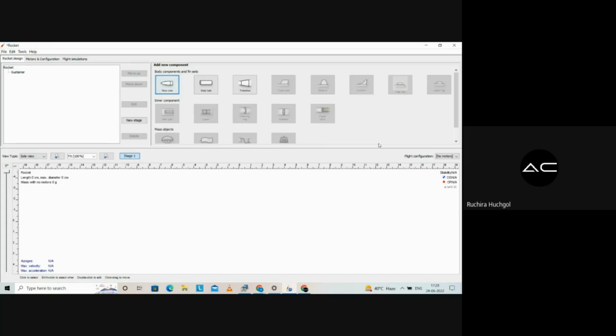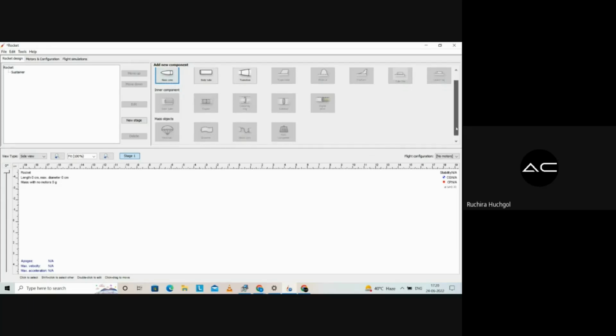Now comes the mass objects, where you have, I guess, the parachute, shroud lines, and mass component. As I mentioned earlier, whenever you do a model rocketry project, you will always have to create an inbuilt recovery system, because just launching your model rocket is not the goal. Recovering all your components, safely and soundly or sometimes damaged, is important, because the motors are more expensive than all the other components combined, and you also spend a lot of effort and energy in it, so it is better that you recover your rocket. For that purpose we use a recovery system.